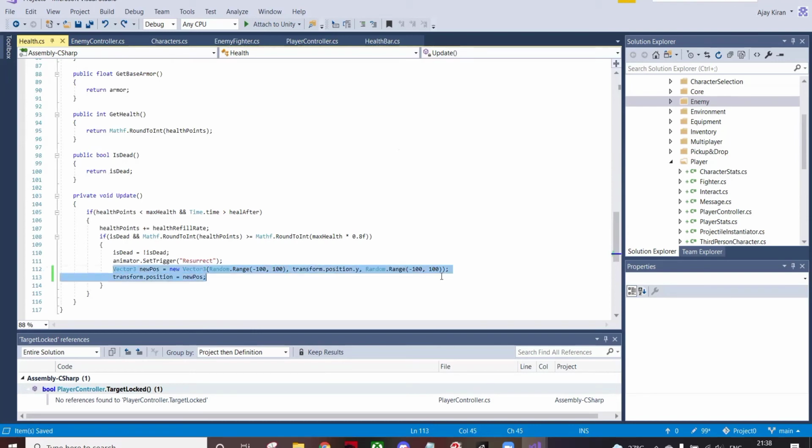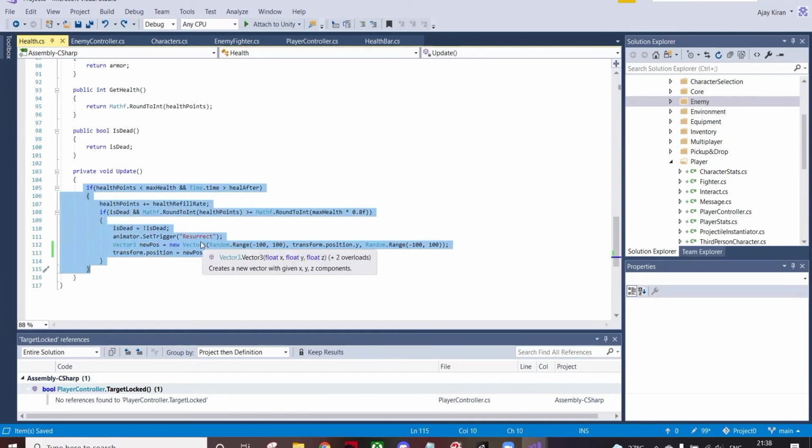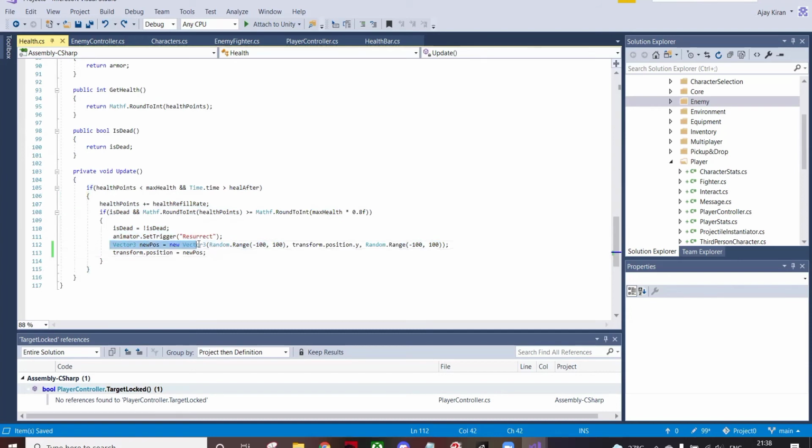And this is what we are gonna use to make the enemy port or travel to a different place once it has died and a certain time has passed. So we don't want the enemy to stay dead. We wanna slowly increase the health of the enemy. And in the previous video, we set up how to resurrect a dead player. So we can use the same mechanics over here, but